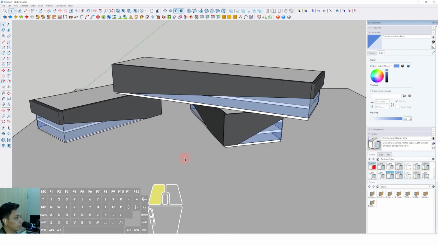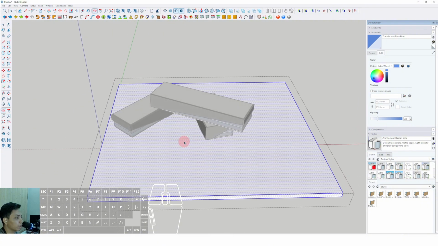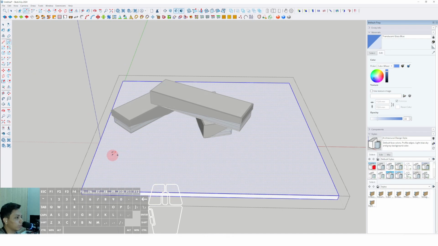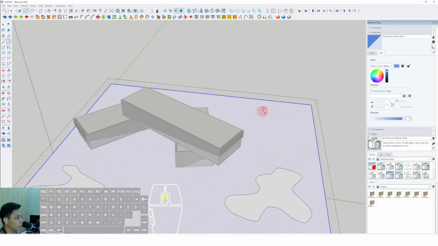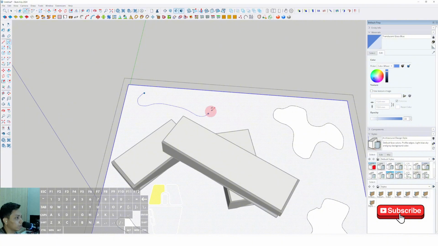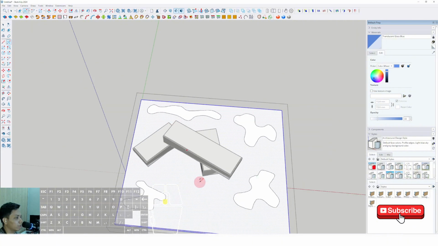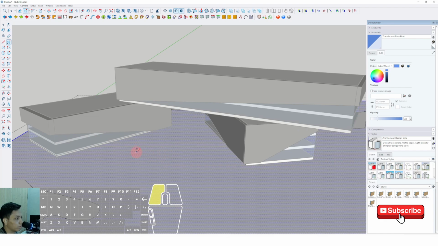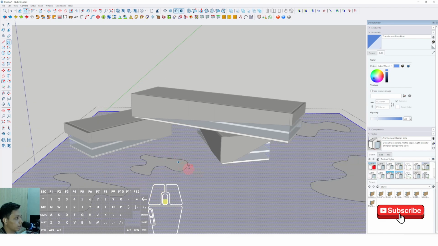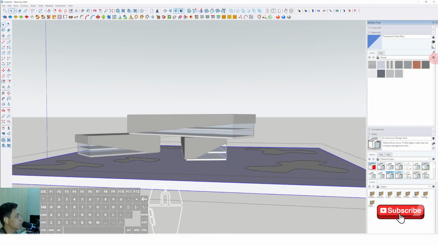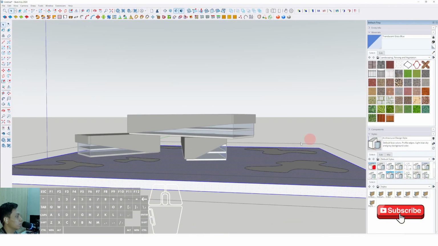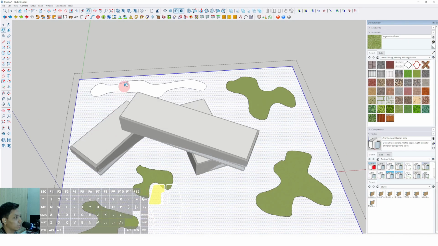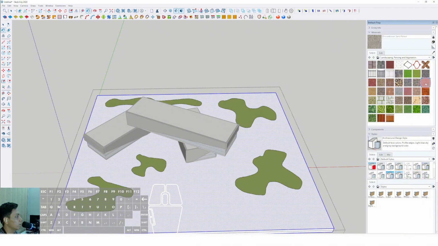Okay, now we can make another landscaping element. We can use the freehand tool in here. You can draw it to this position, to this point and this area, and also this area. You can also draw in this position. Now you can change the materials of the landscape, using the grass for the grass area, and you can change the pavement